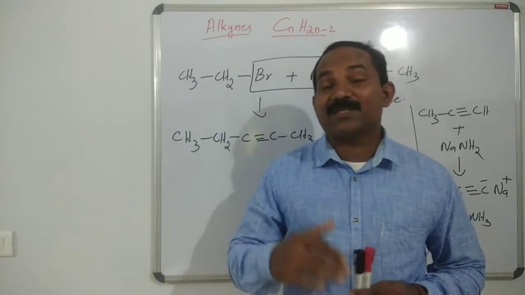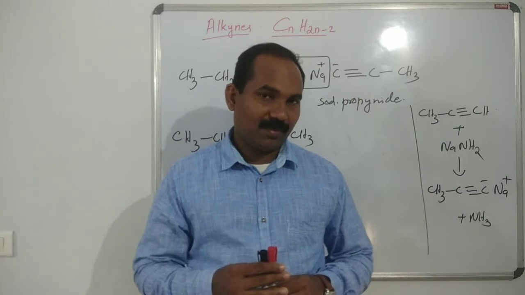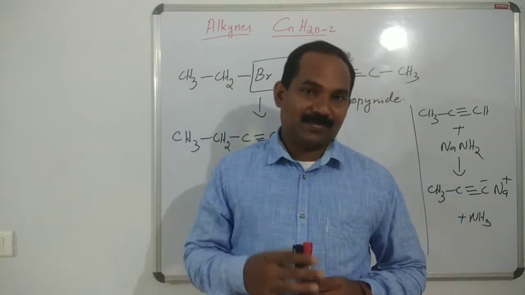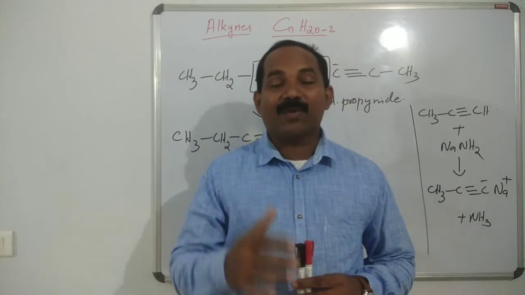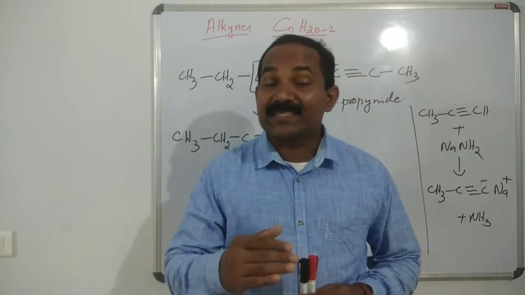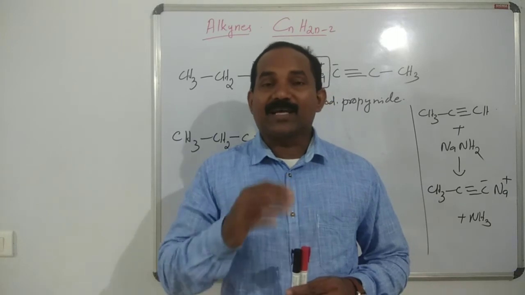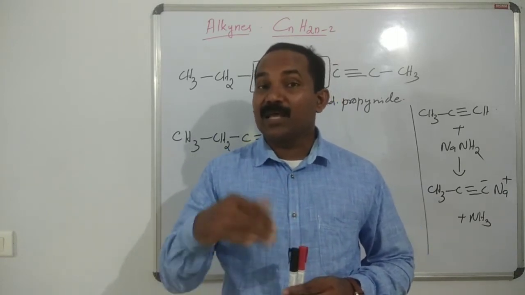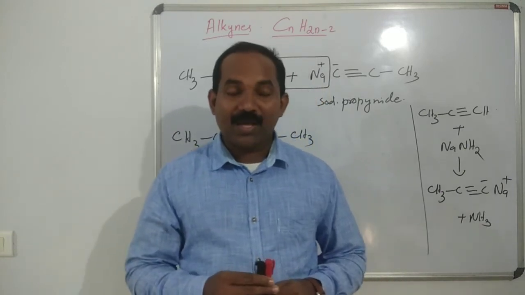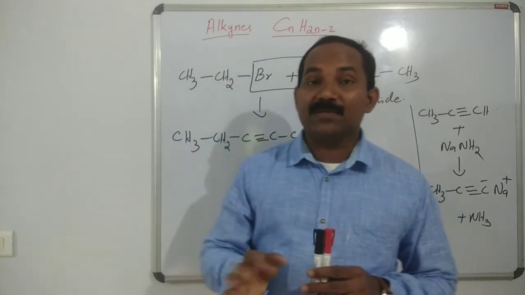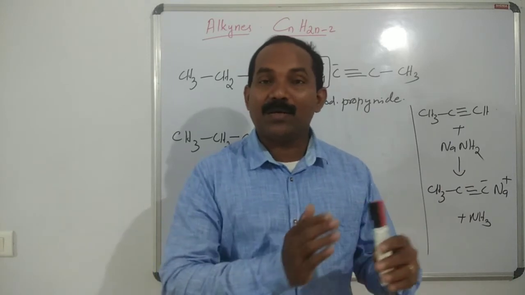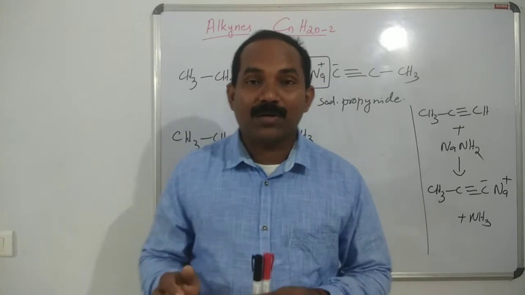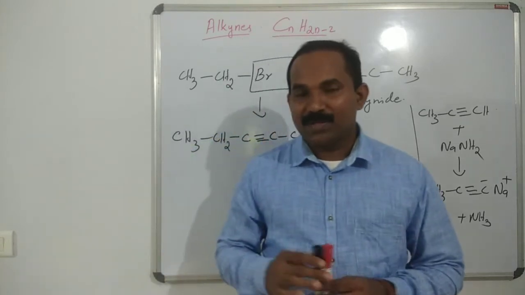Then next is chemical properties. First chemical property is acidic character. Okay, first chemical property of alkynes is acidic character. What is acidic character? The compounds which furnish H plus, or the compounds which react with the bases are called acids. The substances which react with the bases are called acids. So here